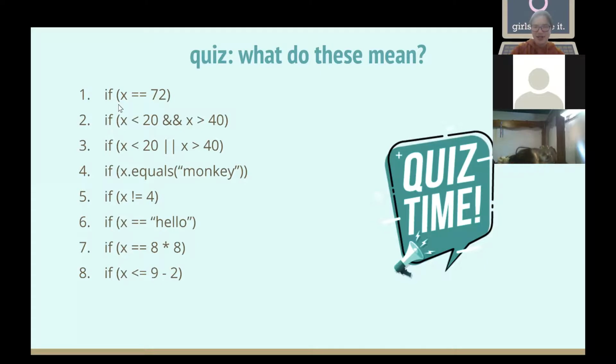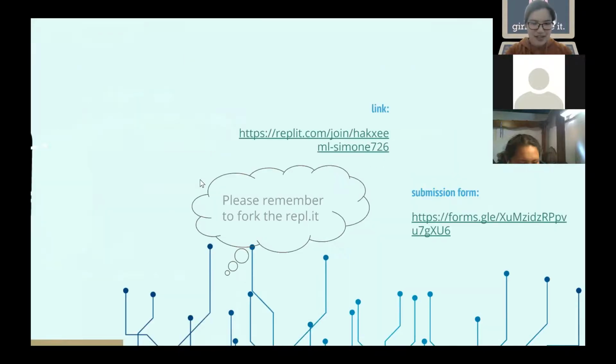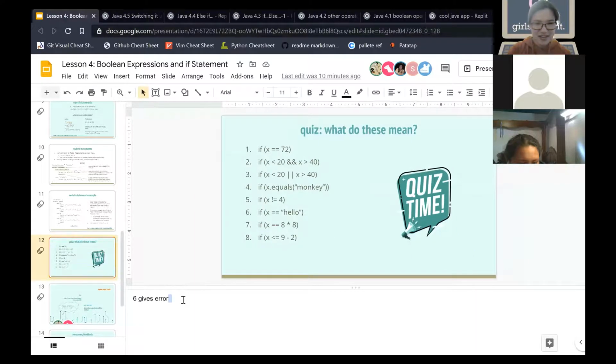So let's say in this case for number 2, x is 13. Will this second statement run? Yeah, so 13 is greater than 40 would be false, but it would still run. So what I mean is, let's say in number 2, x was 13. I'll actually just type out the code in my notes. If for number 2 I had code like int x equals 13, and then in some other part of the code I had if x less than 20 and then